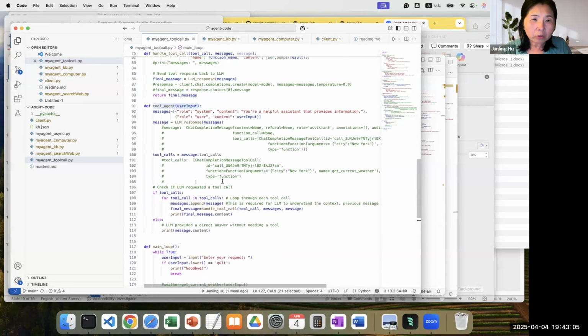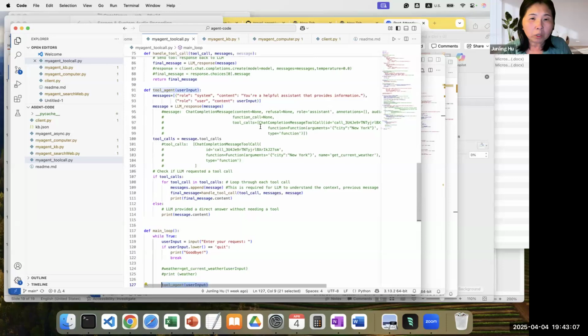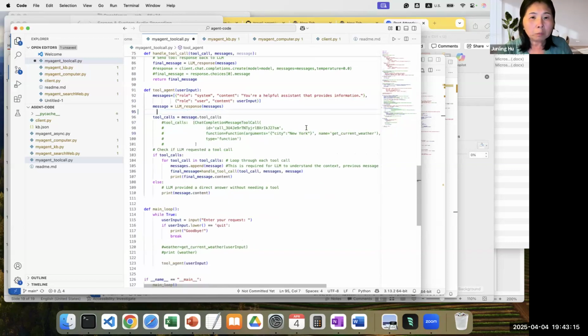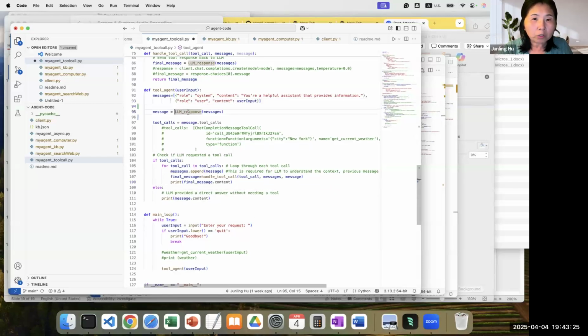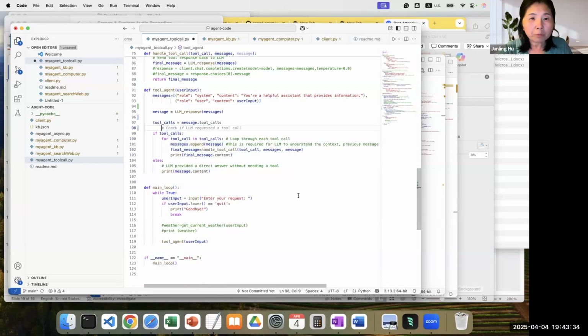This is the basic part. Now, inside of this tool agent, let me explain what is the most fundamental. I will delete this, I don't want to confuse you. The most fundamental part is that all the agents we are talking about today are driven by a large language model.